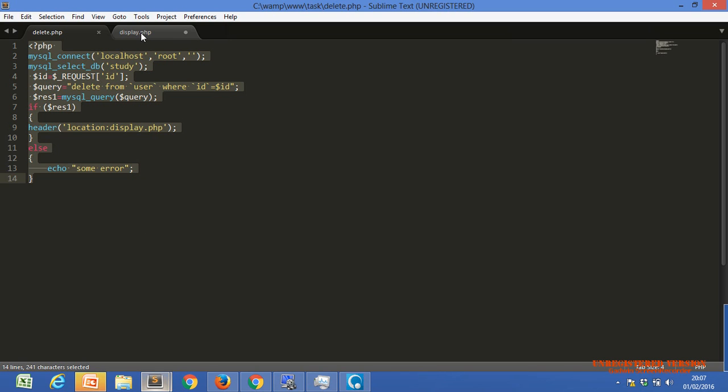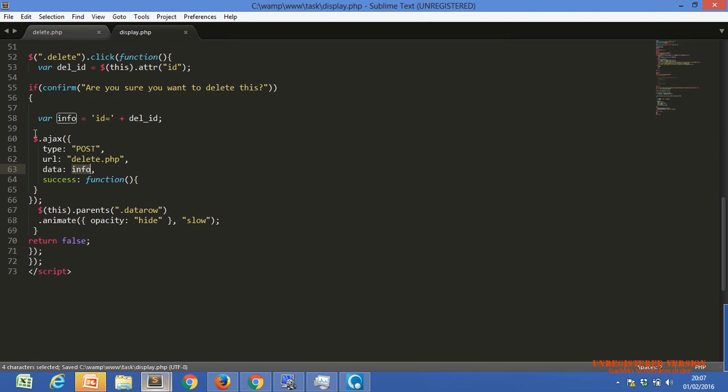With the help of this ajax function, we have to pass three arguments: type, URL, and data. Within type there is the method name. Within URL you use any page name. And within data you use the information you want to carry from this page to the ajax redirected page. This is a kind of redirection, but without refresh. That's why we are using ajax. Okay, Nazar, are you there?